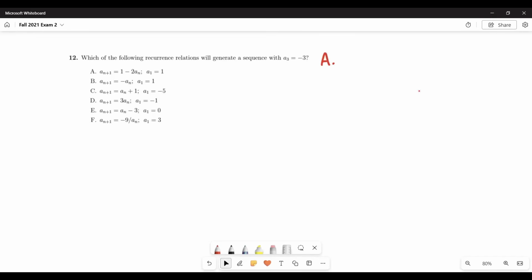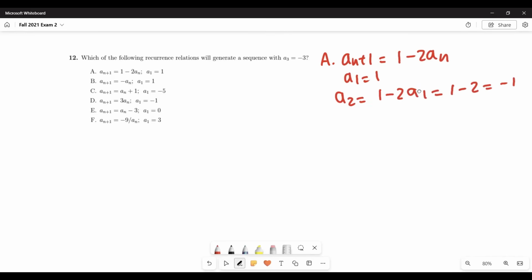A is a(n+1) equals 1 minus 2a(n), and a1 is 1. A2 would be just 1 minus 2a1, which is 1 minus 2, which is negative 1. A3 is 1 minus 2a2, which is 1 minus 2 times negative 1, which is 3, not negative 3, so A